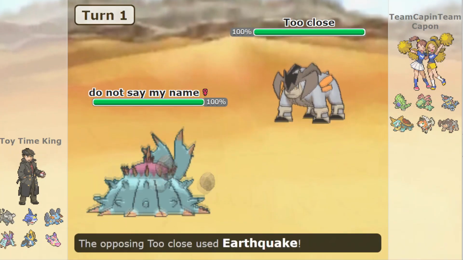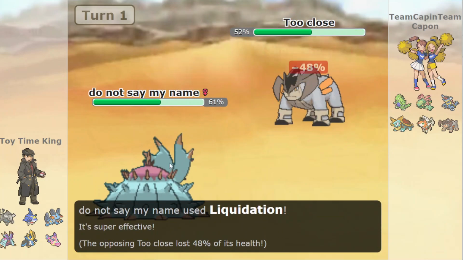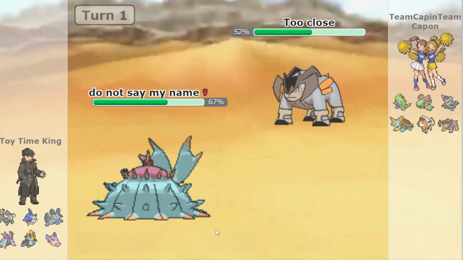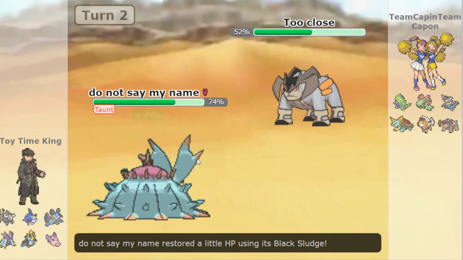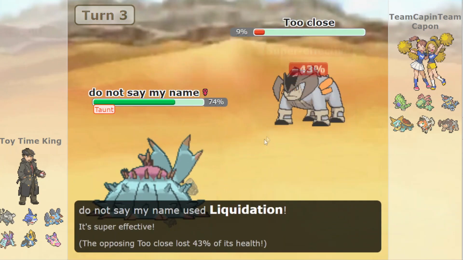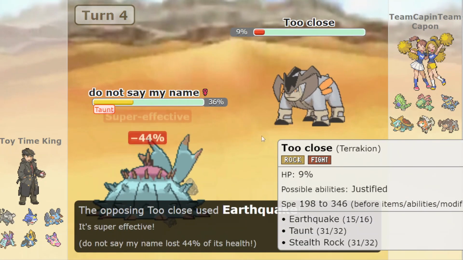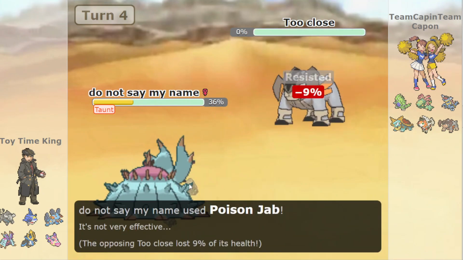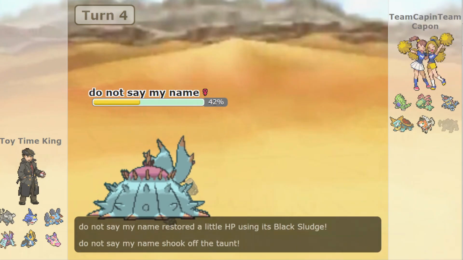So they went for the Earthquake, does 39. I count that damage. It was not Banded damage, but it did some decent damage. Liquidate Terrakion, almost 2HKO actually, and this exchange is pretty good. I wasn't expecting Taunt. I was gonna recover, and maybe I should have just clicked Liquidation. Well, that's never a 2-hit KO, to be fair. That roll was awful. But yeah, they got rocks, but I managed to kill Terrakion. I went for the Poison Jab in case they wanted to bring CRADILY, so I covered my